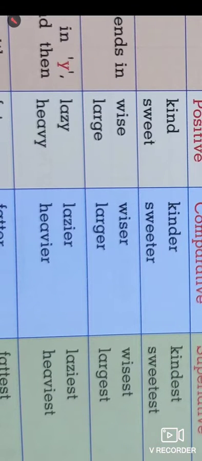Wise ends with the vowel e, so it just adds the suffix r and st. Large, larger, largest: r and st for the superlative degree.